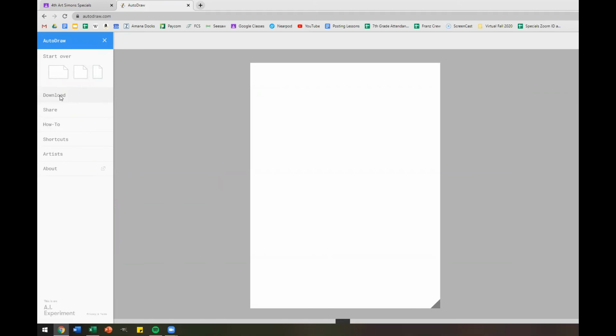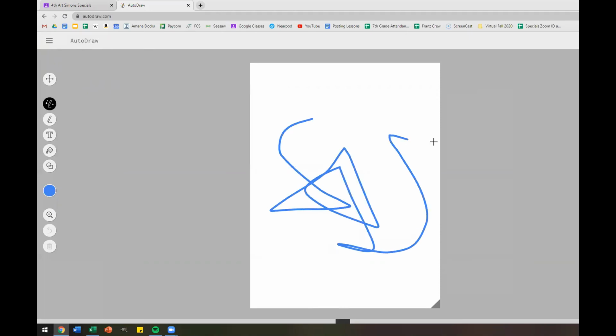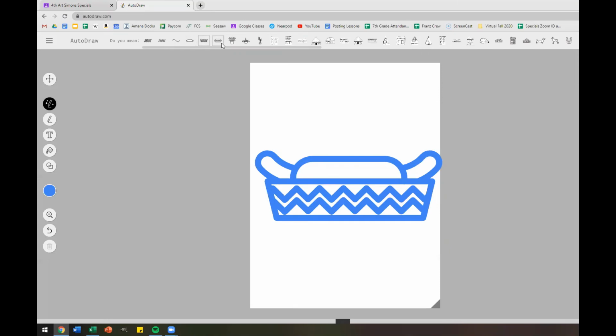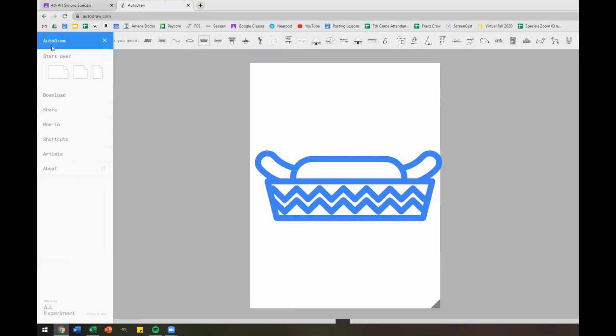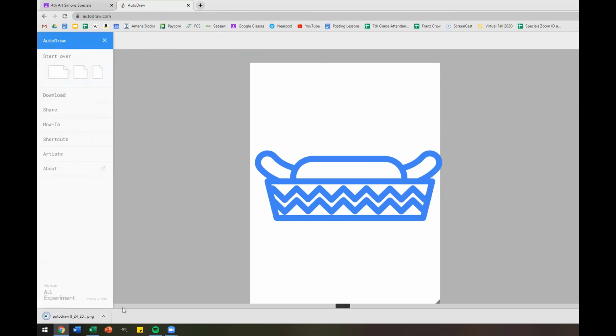Unfortunately, because I changed my paper, I lost my picture, so I don't have anything to download. But if you are just doing a scribble to see what you come up with, like it thinks I just drew a, there we go, looks like a banana split. I can come over here to the menu button and hit download, and it will download my picture. That's how you can put that up on the website.